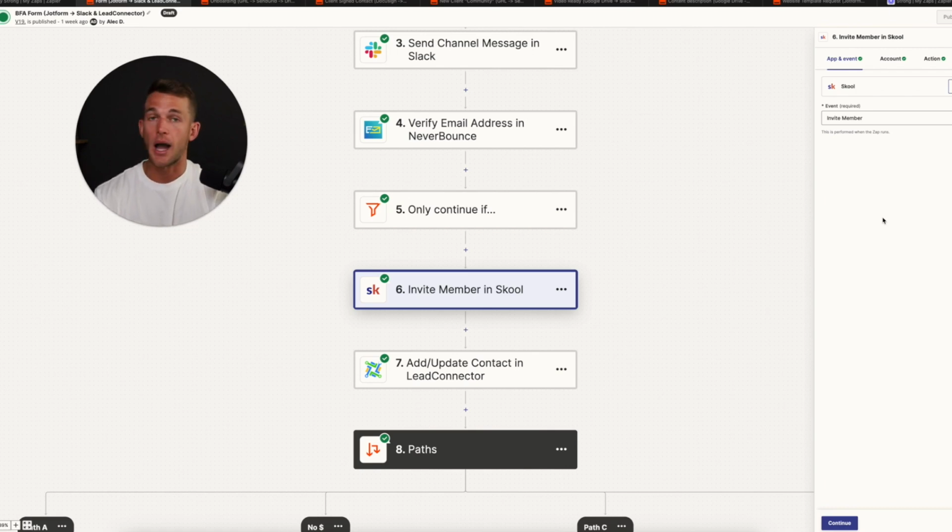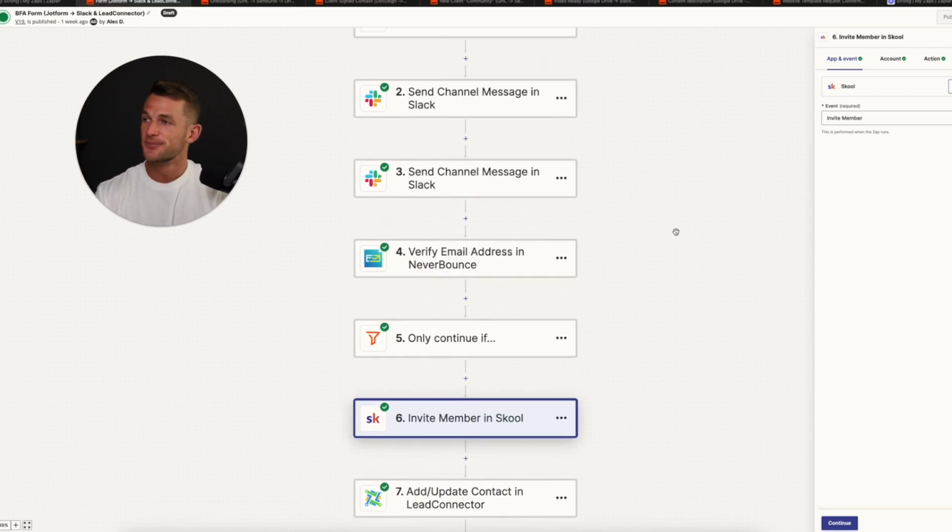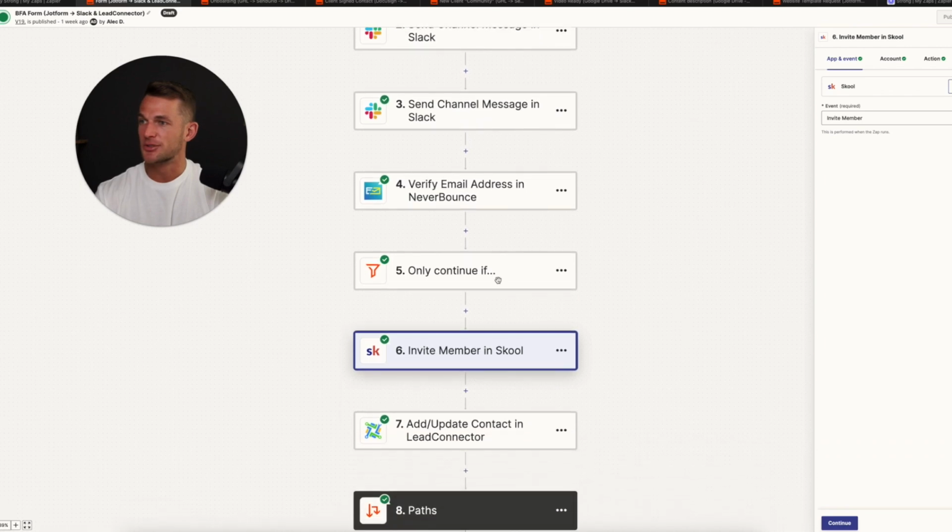And so I want to build a lot of connection with our new leads that are applying to work with us. And so I give them an opportunity to learn more about us, how we operate, give them a lot of free value first, and really warm them up very quickly. So I invite them to our free program. So all automated, right? We just get them in the application. As soon as they get the application, a few minutes later, they'll receive an email to get access to our